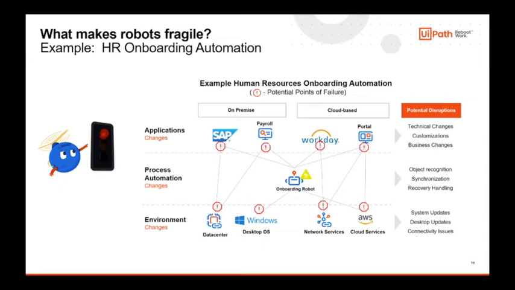Then the last one is environment changes. Environments change on a pretty ongoing basis. Patches are applied, and even just a small patch can take down a robot. And you're talking about environments, internet connectivity to your SaaS providers, internal servers, and our automations going across all those things. So if we go to the next slide,